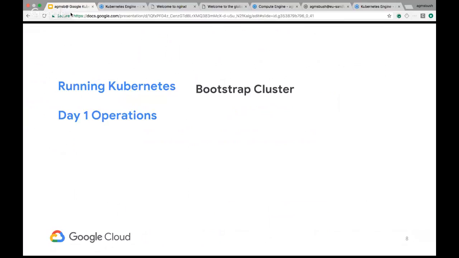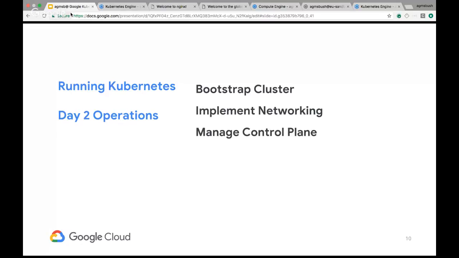We have to think about spinning up our virtual machines, getting kubelets deployed onto each of those virtual machines. We have to think about how we're enabling secure communication. We have to implement networking. We have to think about whether that's using a cloud provider's routing mechanisms, or are we implementing a network overlay, right? These are some of the things that from day one we have to consider in order to get a functioning Kubernetes cluster.